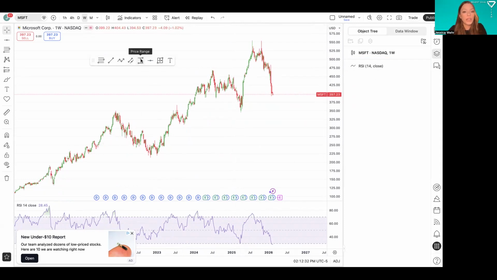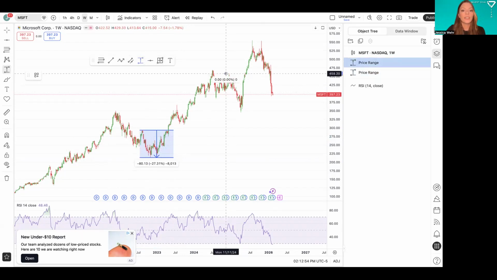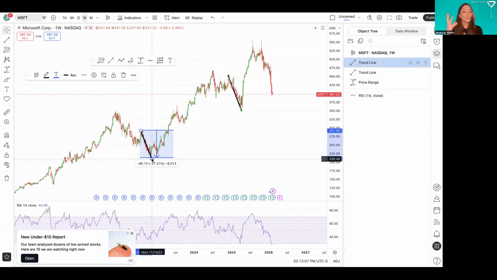How you can use the price range is this is charting the percentage increase or decrease that the stock went. Say that we want to get to know Microsoft and its typical pullback percentages. So let's take this downtrend, for example. This is at 27%. Now let's take this downtrend. That's at 24%. So how I'm doing this is, again, you're focusing on trends, and you're going to know how to identify trends with the training, but you're picking trends based on your strategy